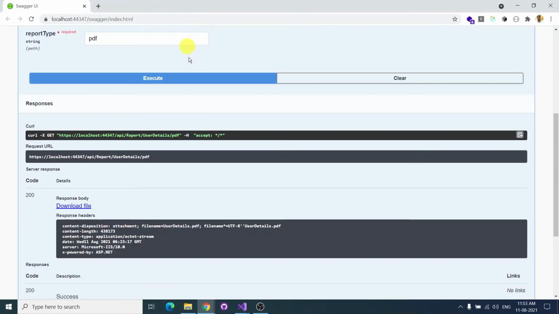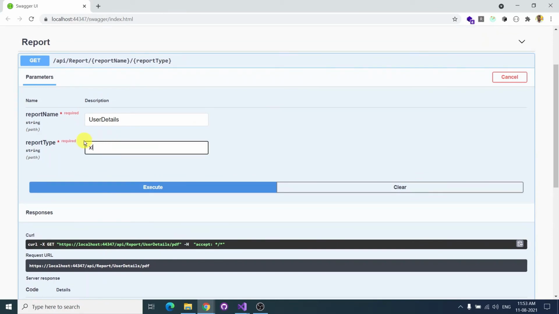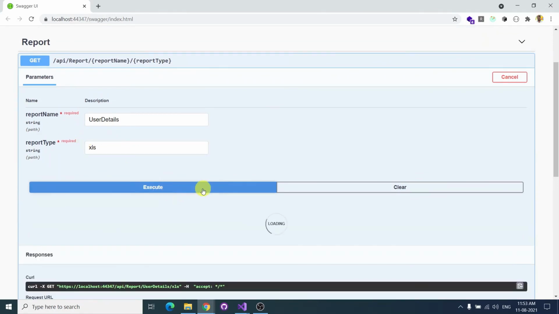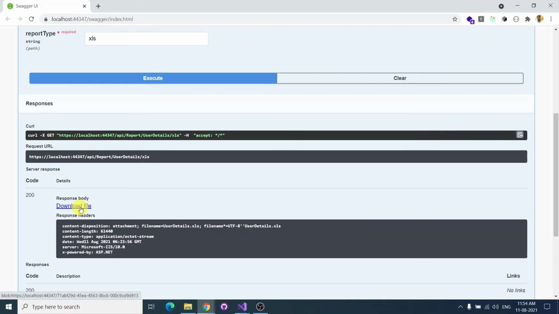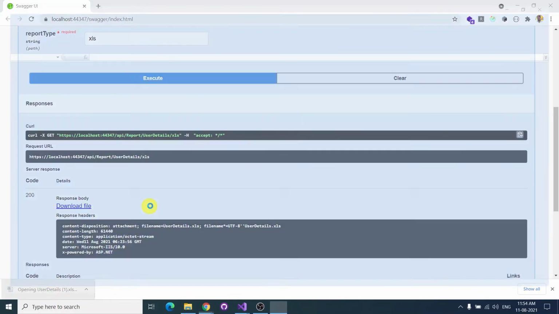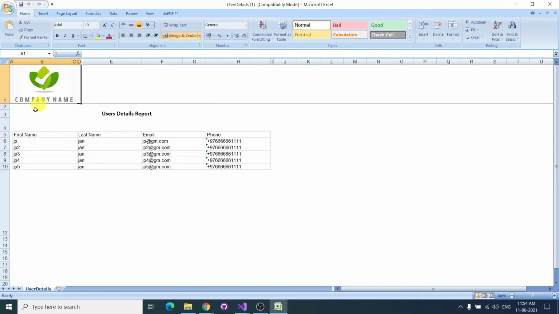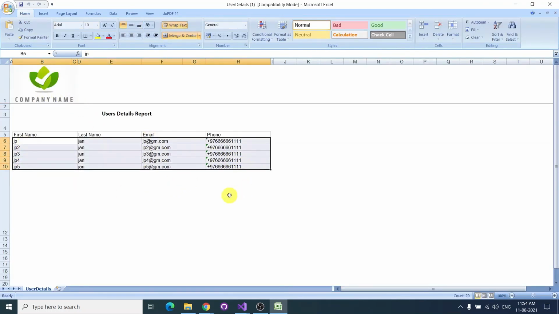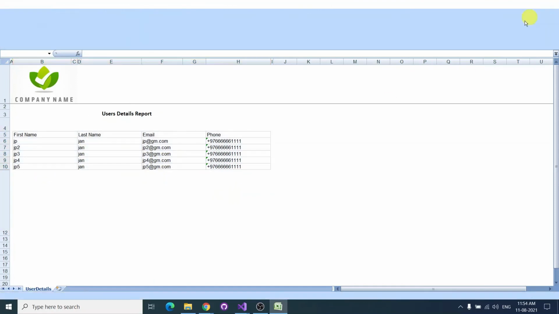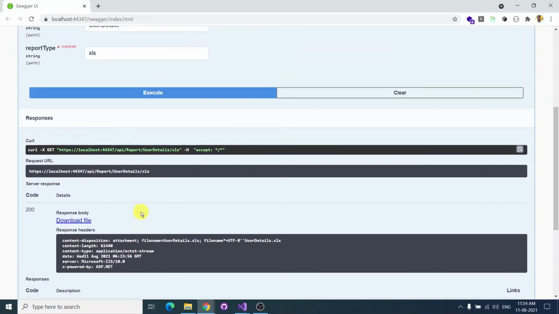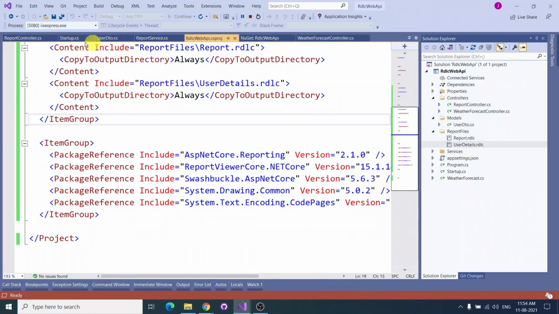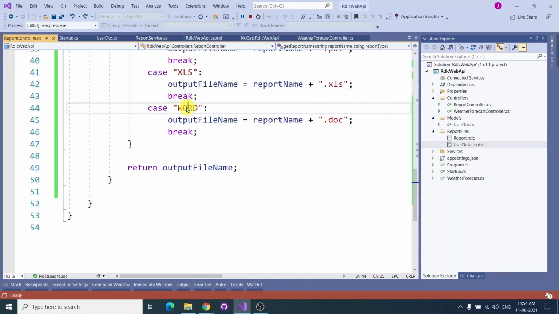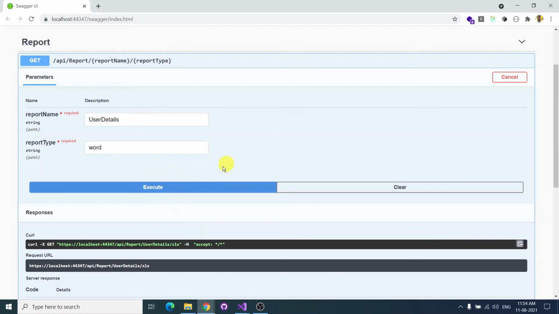and for Excel, XLS we need to provide, and let's wait for the result. And yes, for Excel also it is generating. Okay, so with the same output, whatever the value which we have provided. So in one thing it is created, and then for word we need to provide word, right? We have to mention word, right? So I'm just mentioning the word,